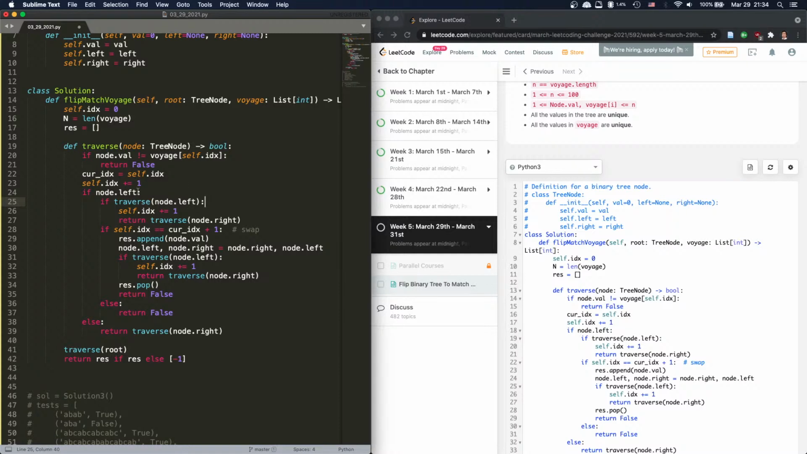So if node on left, if the node has a left branch, then we do have to check on node on right. Okay. So if I cannot go, there's no node on right. Right? What does that mean if there's no node on right? It means